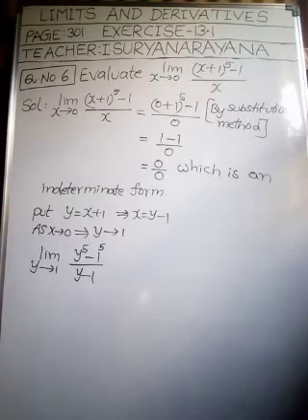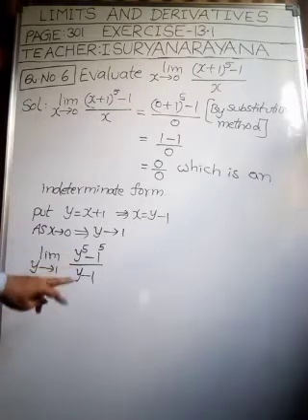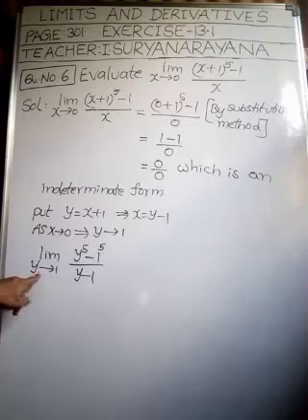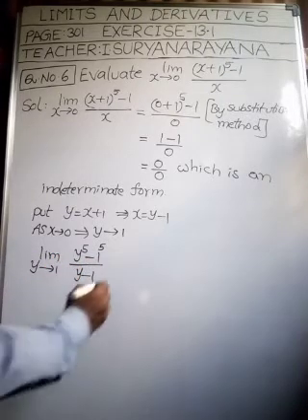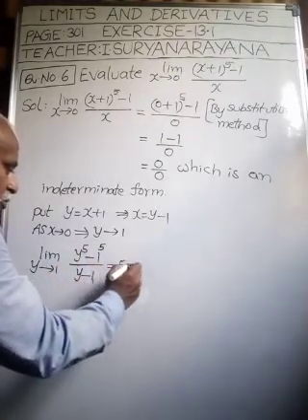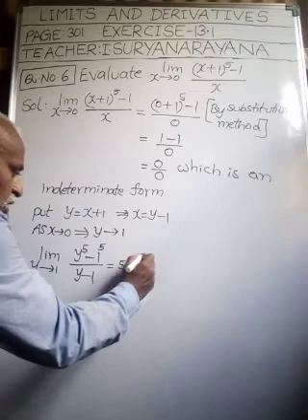Do you remember that formula, my children? As x tends to a, limit of x power n minus a power n by x minus a, where x is y here and a means 1. Okay, my children? So n means here 5. So n into a power n minus 1,